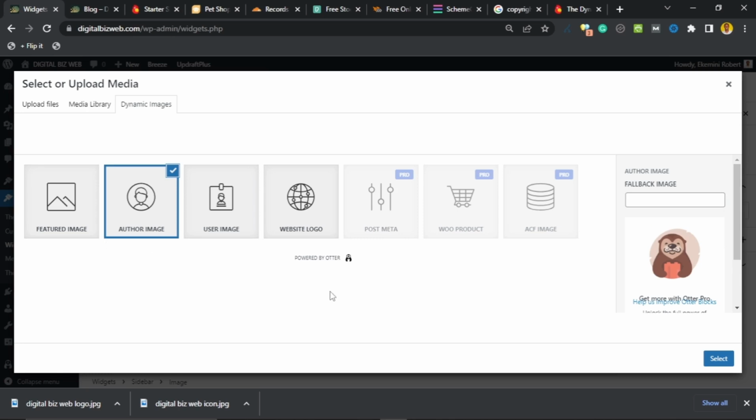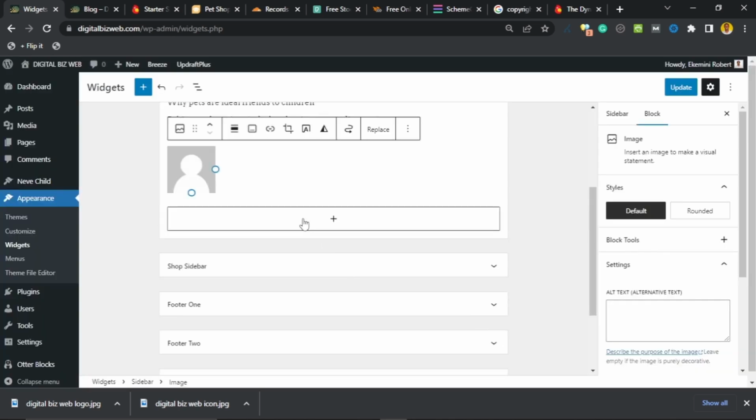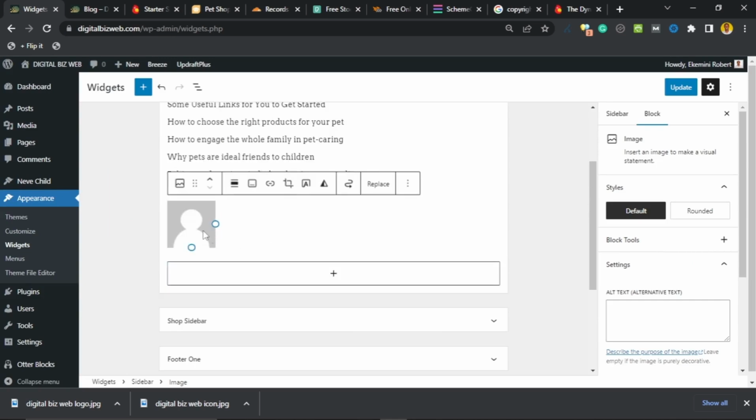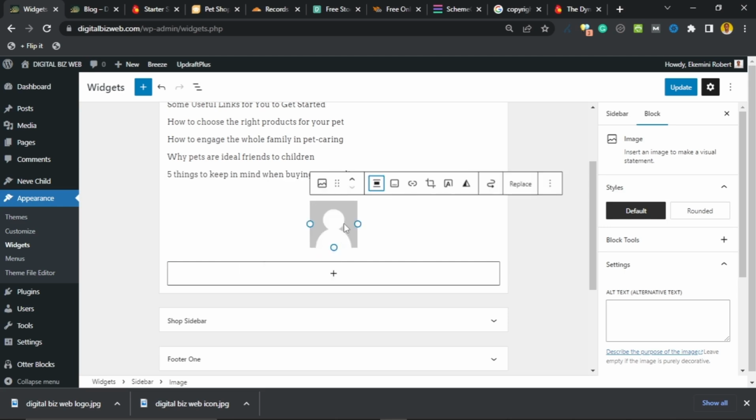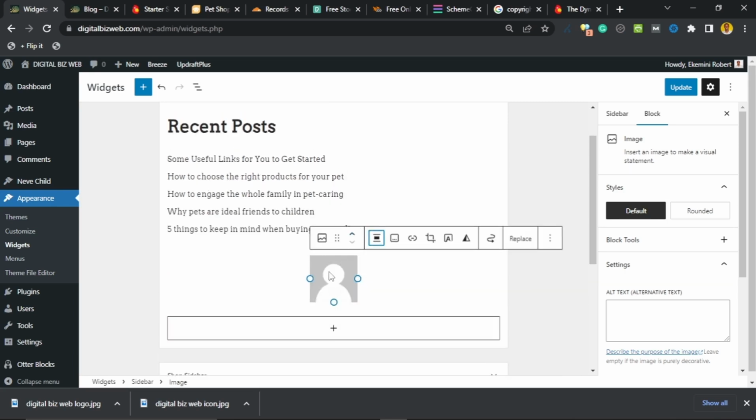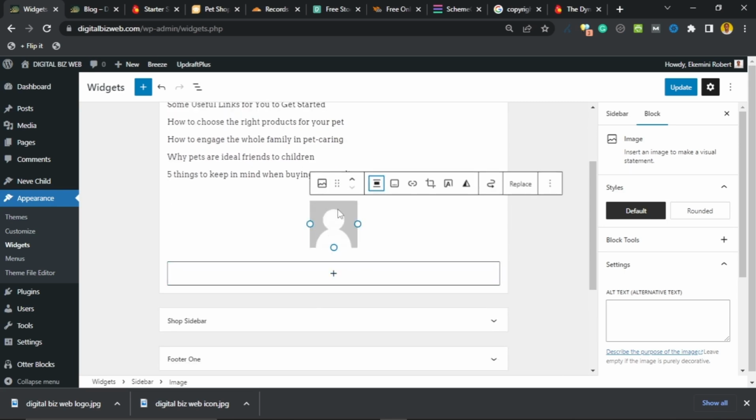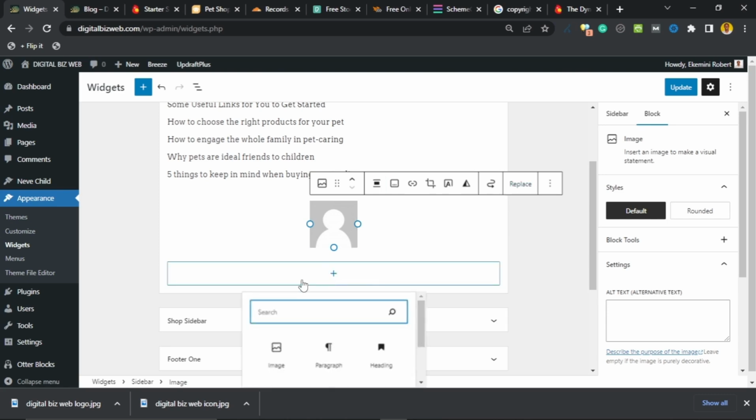No, we're not gonna do that. Just go ahead and click on the select button, and then it will show up here. I'll just go ahead and center that, align center, and that is that. The next thing I want to add is